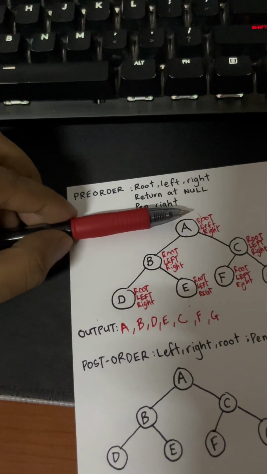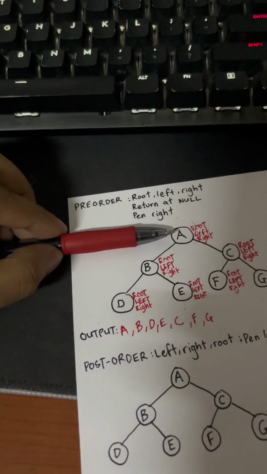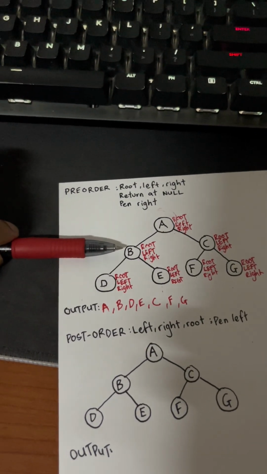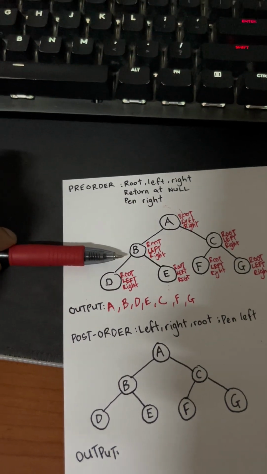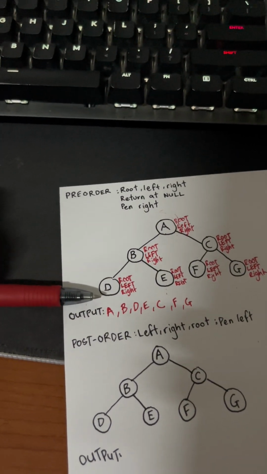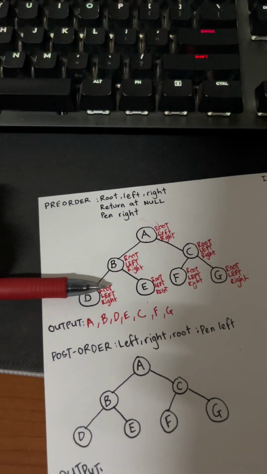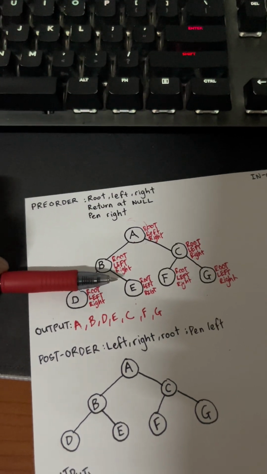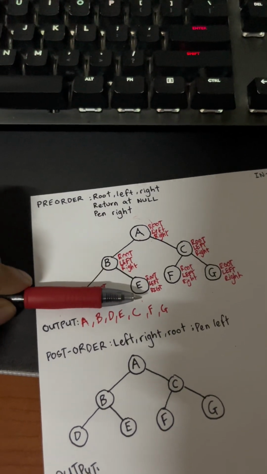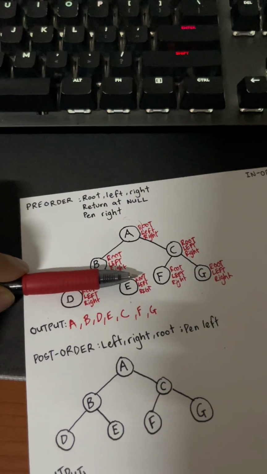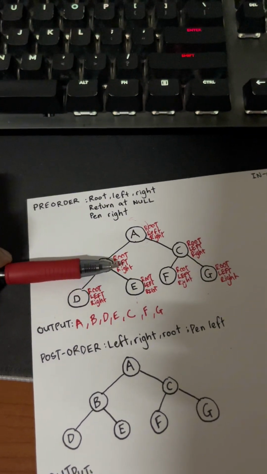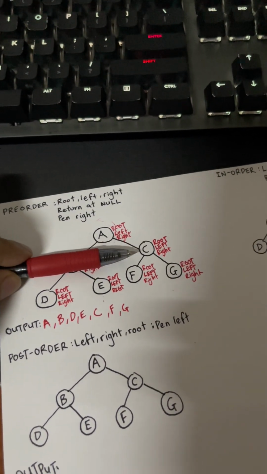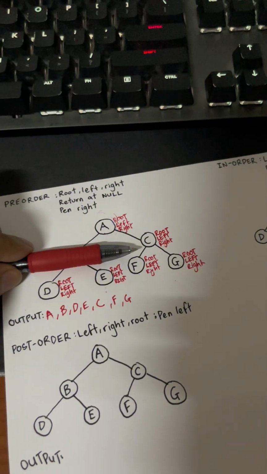So if we follow this pen right and trace, we are pointing at A, so print A. Then keep tracing down, we're pointing at B, so print B. Then keep tracing down, D. Okay, then you trace around the tree. Here we're pointing at nothing, and E, print E. Then trace around. Here we are still pointing at nothing, right? We are still tracing around the branch here, nothing, and pointing at C. So print C, nothing,